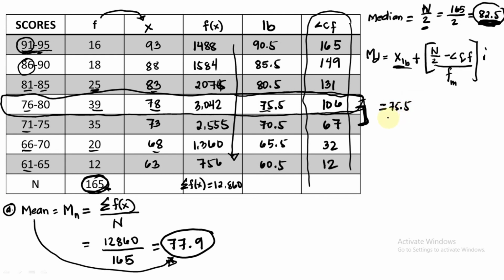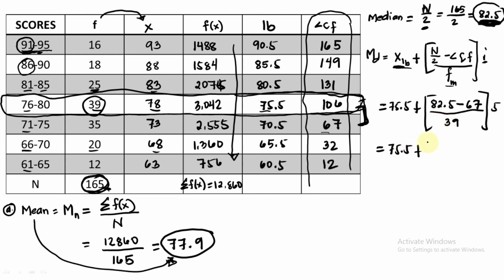75.5 plus n over 2, that is 165 divided by 2, so that is 82.5. Less than cumulative frequency is 67. So 67 times the interval, which is 5, over the frequency of the median class, which is 39. So 39, then equals 75.5